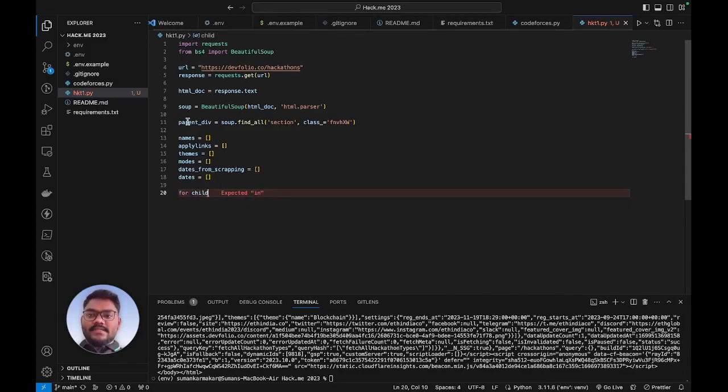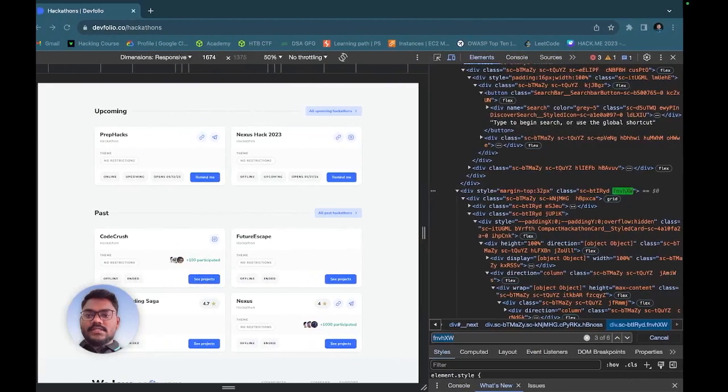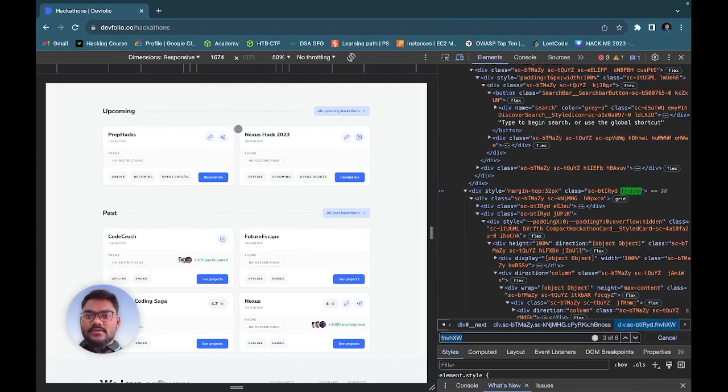For now, this is the parent div, so we want to capture a child div from here. So let's write here: child divs in parent div. Now we want to capture a single hackathon from this, like this one or this one, like this single part